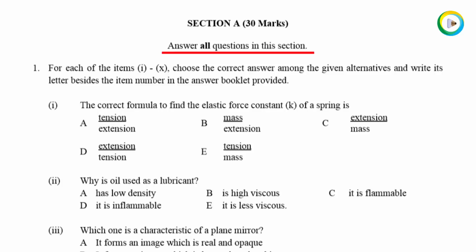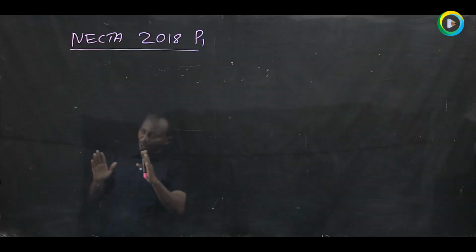The paper says answer all questions in this section. This is section A. For each of the items 1 to 10, choose the correct answer among the given alternatives and write its letter beside the item number in the answer booklet provided. Roman 1. The correct formula to find the elastic force constant K of a spring is,